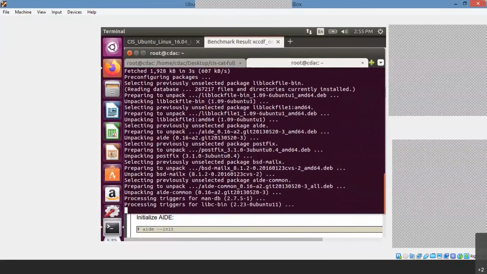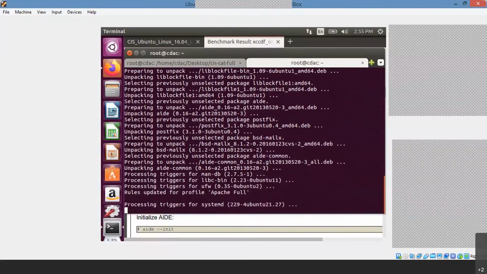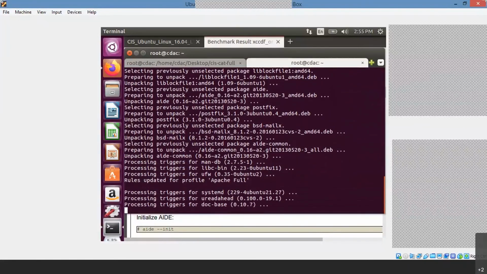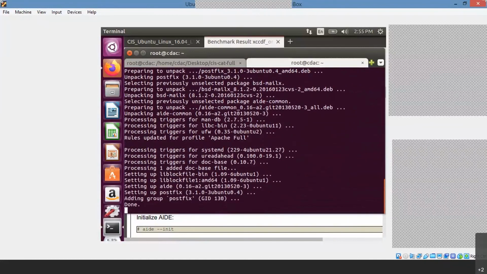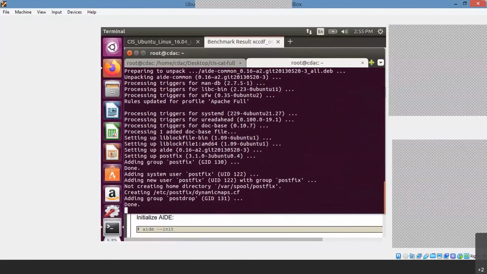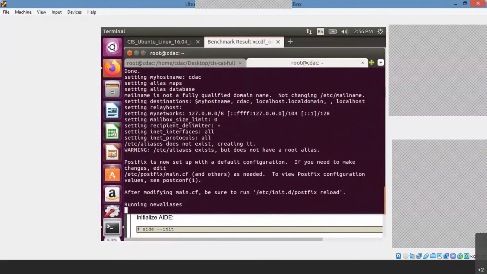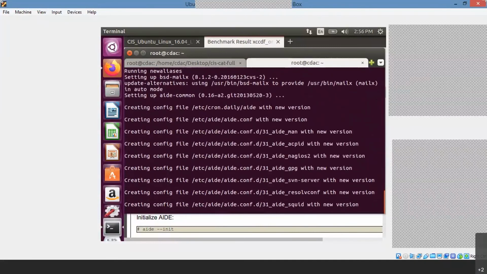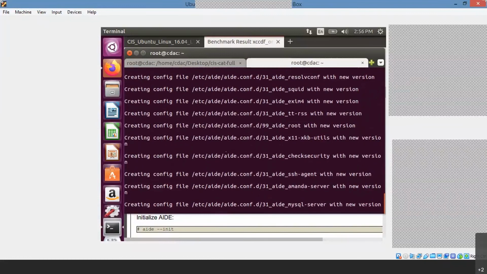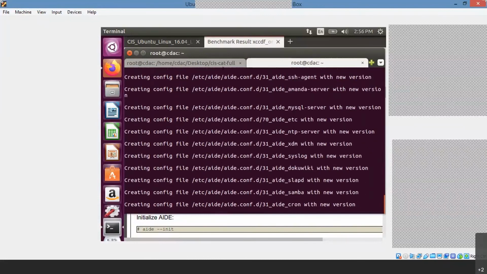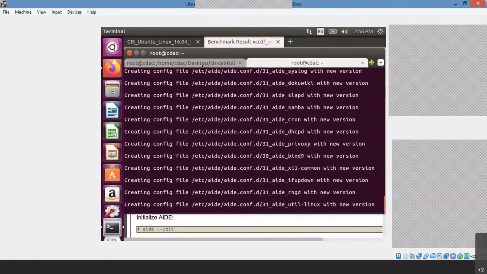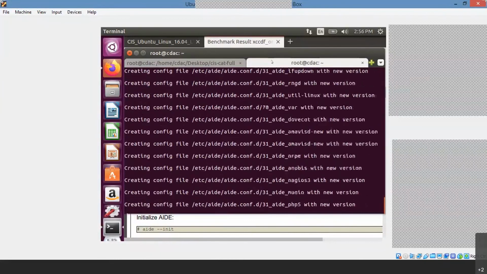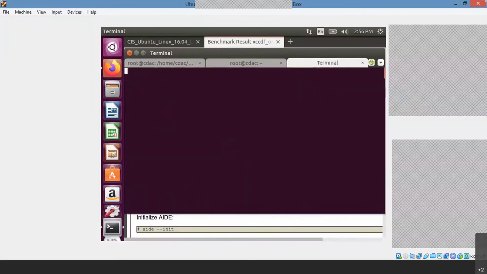After installing the particular packages, it will give these things. So just let it happen. We can go to the second screen. You can open multiple tabs actually.